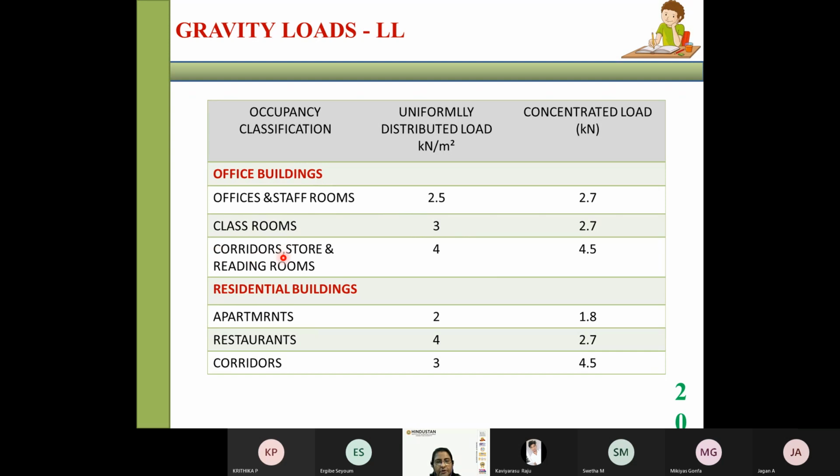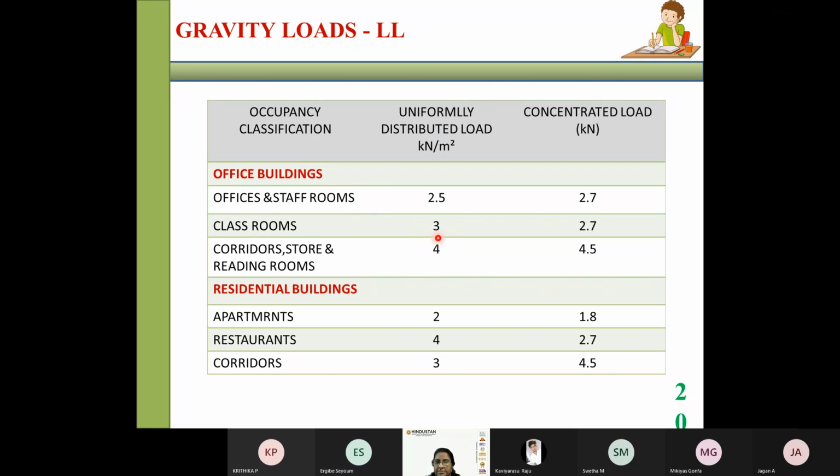Actually, there is nothing in a corridor, isn't it? Yes. Because many people go through it. Sometimes it's harder to predict how many people will be passing through corridors and the reading rooms instead. The load of the materials stored. The corridors, it's correct, exactly. It is correct, right? Thank you.